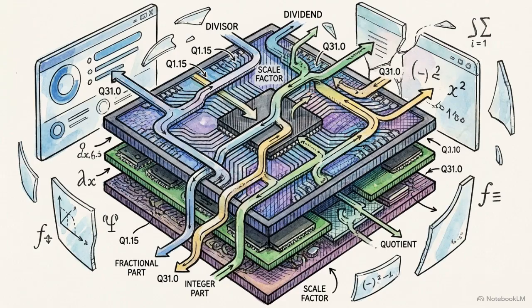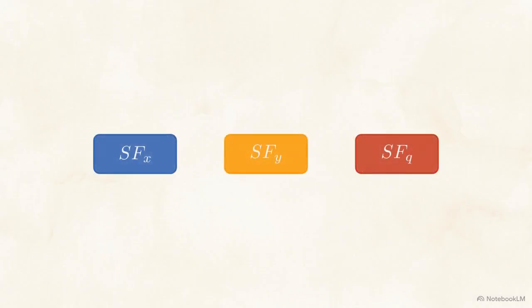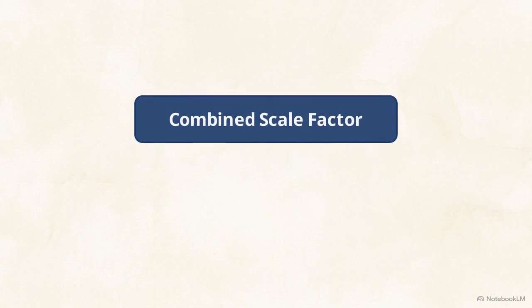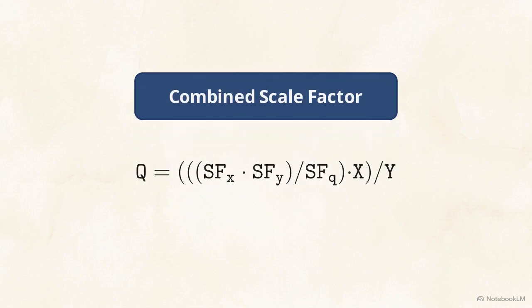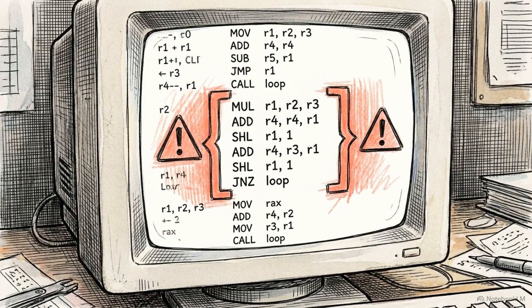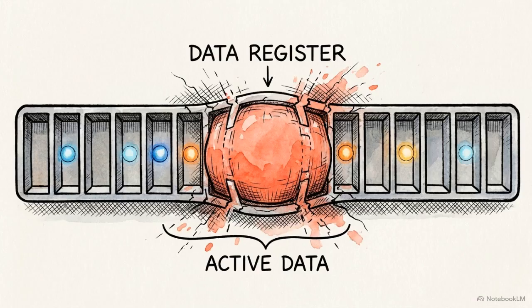Moving from inversion to division drastically escalates the risk. Division requires tracking and balancing 3 interacting scale factors simultaneously, one for the numerator, one for the denominator, and one for the final quotient. This generates our final integer divider formula. Q equals the combined scale factors divided by the quotient scale factor, multiplied by X, and then divided by Y. The strict order of operations dictated by those brackets is critical. If the compiler executes the steps in the wrong sequence, the intermediate values will exceed the register limits and overflow